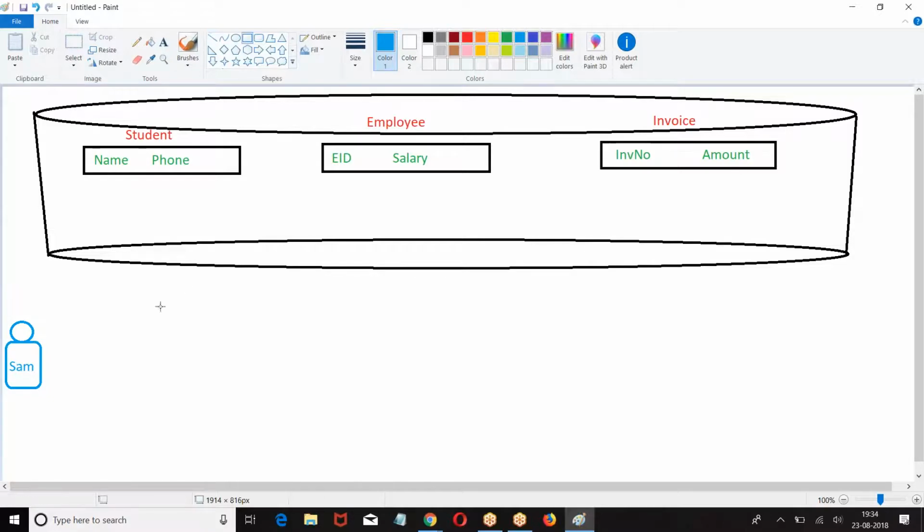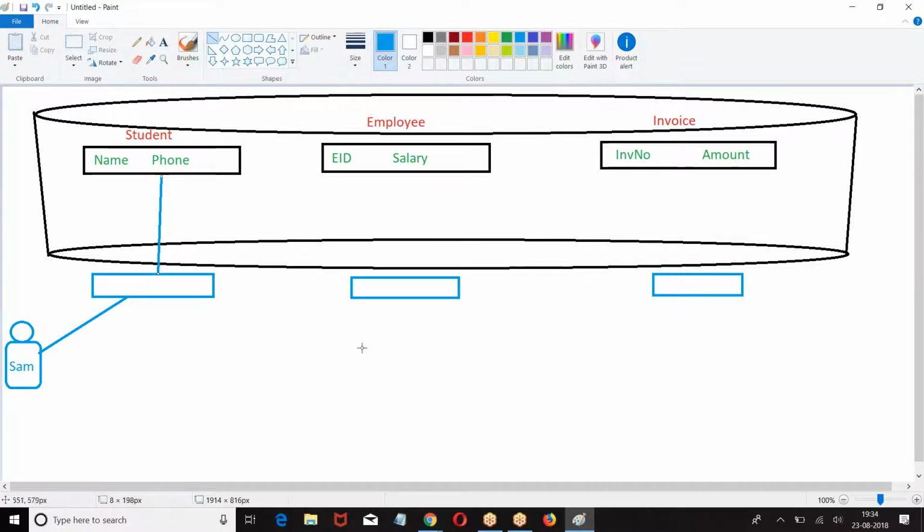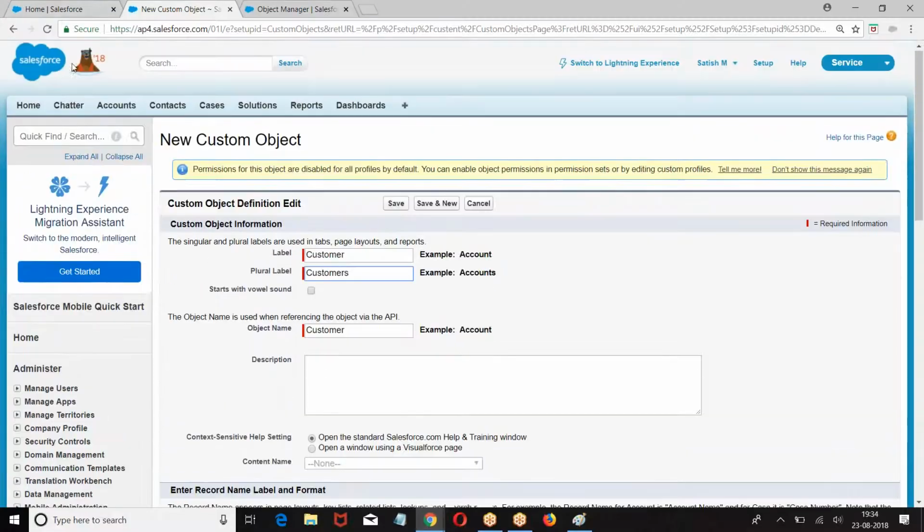For this table, they are going to create one tab. For every table, they will create one tab. So when the user clicks on this tab, this object will open. If a user wants to enter a new record, edit a record, or delete a record, when the user wants to perform an operation on the table, he has to open that table. So how is the user going to open that table? By clicking on the tab. When you click on the tab, the corresponding table will open.